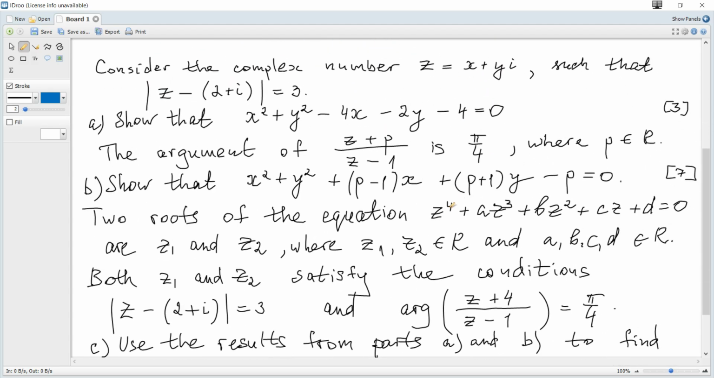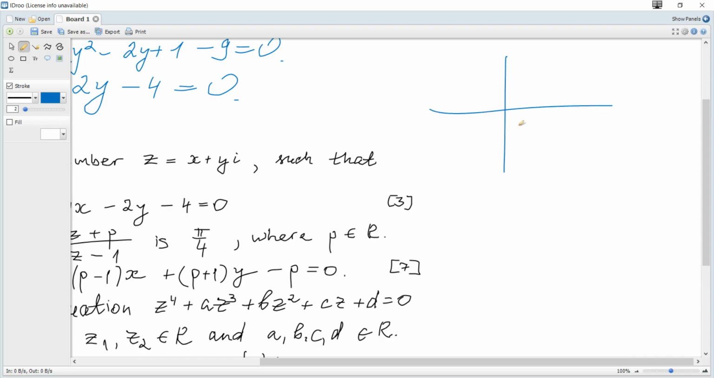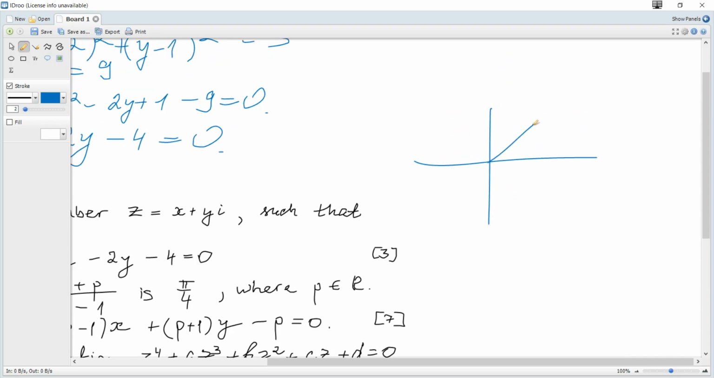Next, the argument of the complex number (z plus p) over (z minus 1) is pi over 4, where p is real, and question B is to show that this is true. So if the argument of some complex number is pi over 4, it's 45 degrees,